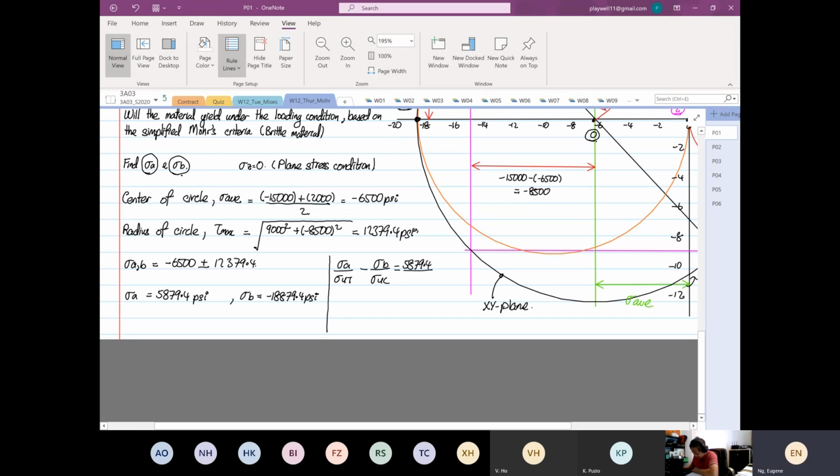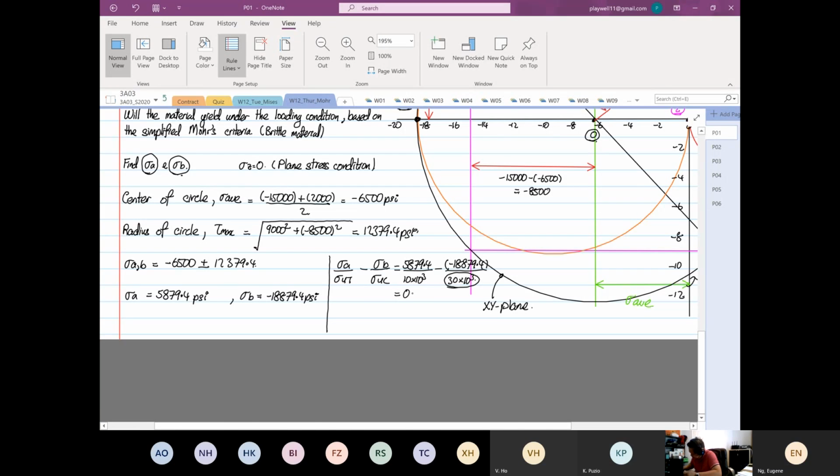divided by our tensile, which is 10 times 10 to the power 3, minus, and you have to include the sign, minus 18,879.4, right? And then the whole thing divided by 30 times 10 to the power 3. The compression down here, you don't need to include the minus sign. So this will be equal to 5,879.4 divided by 10 to the power 3,